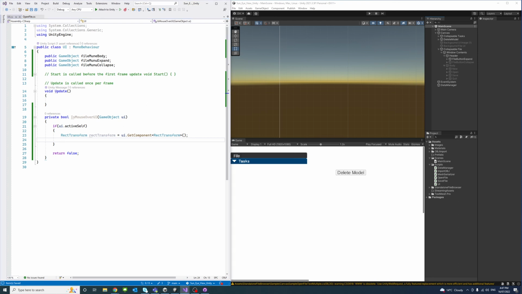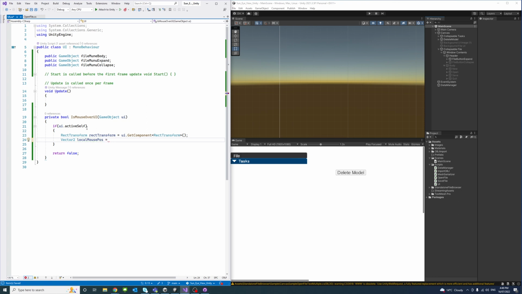However, this method will return the position in world coordinates, but we need the position in local space coordinates because in the next line I'll explain why we need it in local space coordinates. So, knowing that I need the position of the mouse in local space coordinates, I'll declare a Vector2 type, and we'll call it localMousePosition,